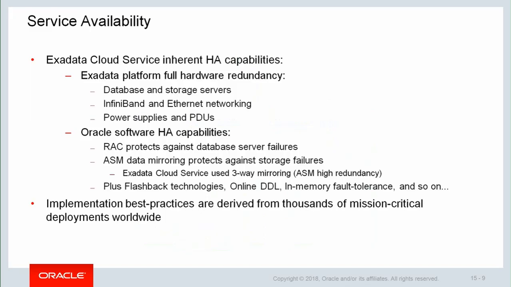And also service availability. ExaData Cloud Service inherits the HA capabilities. All hardware components of ExaData provide redundancy. For example, you have 2 database servers, even in the minimum, the smallest size of a service configuration, and also 3 ExaData storage servers, and the InfiniBand network is active InfiniBand network, and InfiniBand switches. We use the 2 leaf switches in the ExaData environment, and there are 2 power supplies, redundant